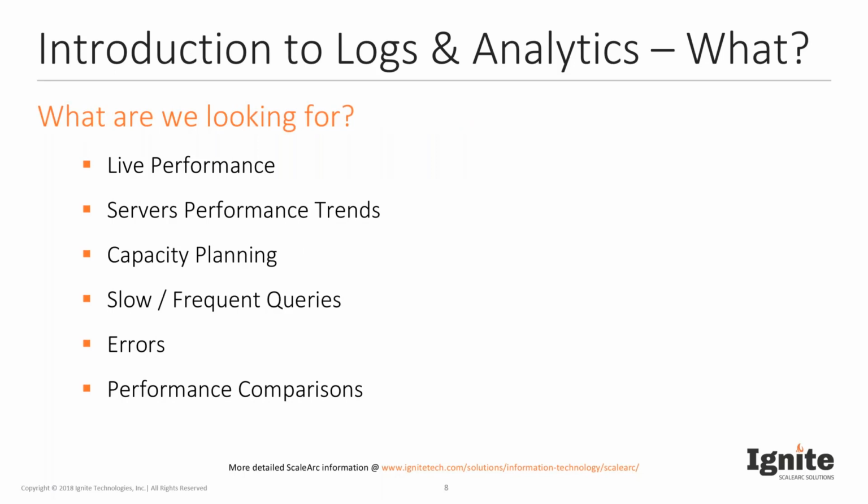So what are we looking for when you have all of this data within the log files? What are the most common things that we're looking for in this data? I think the most common things are obviously the performance metrics, the measurements, and all of those details, trends perhaps. In the context of capacity planning, we might want to see if there is a gradual, constant degradation of performance, or an increase in the amount of queries being executed, or perhaps there is some